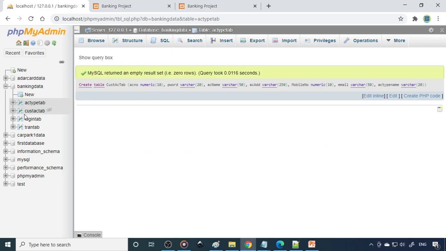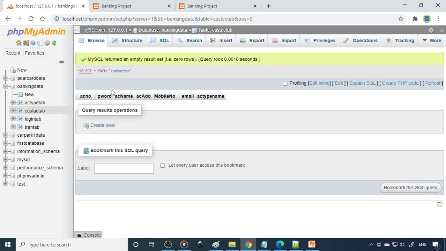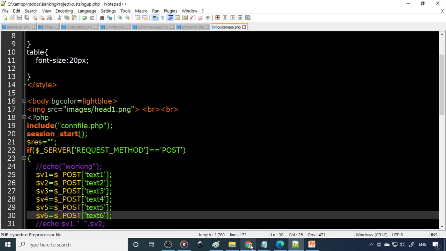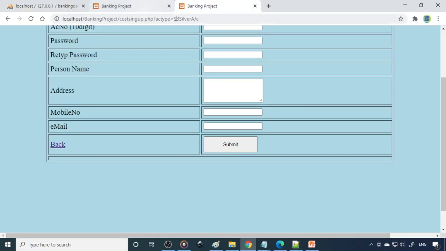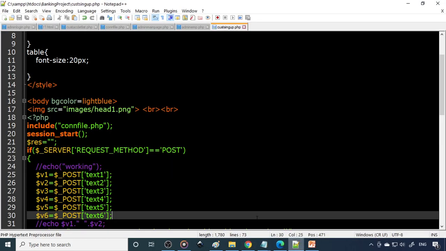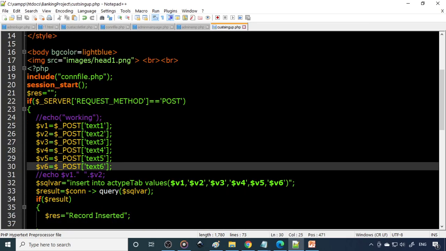Now we have one more column in this. So what is the column? There is the account type name. Now the account type name is there in the address bar. So here it is. We need to read that value. So how to read the value? To read that value,